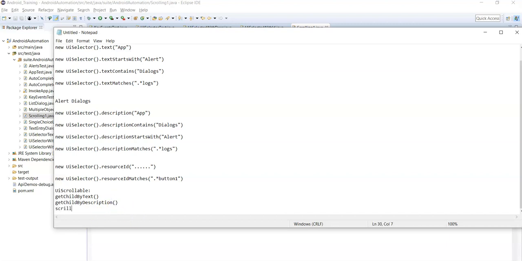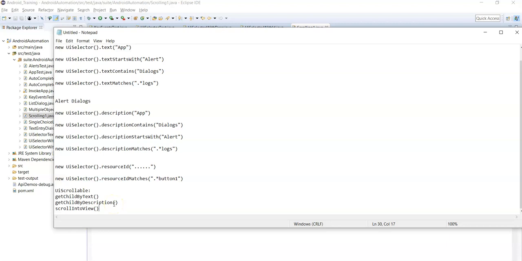Third method is scroll into view. These are the three methods using which you can perform scroll action until the specified element is visible.